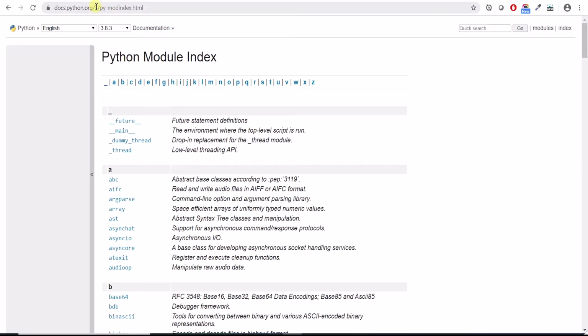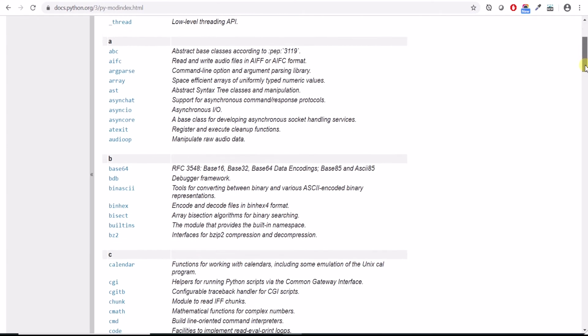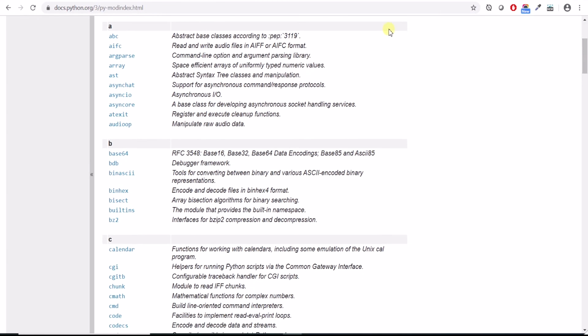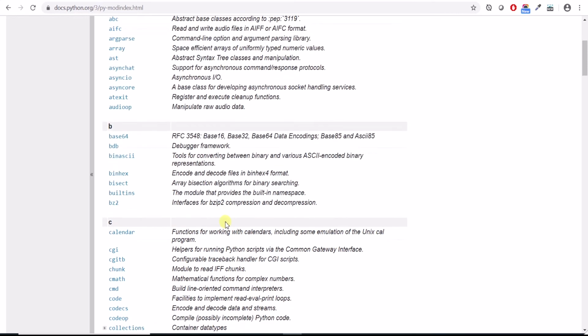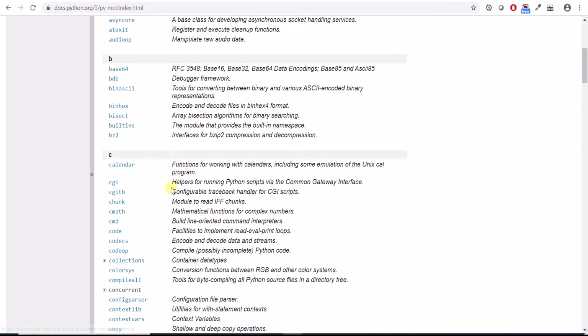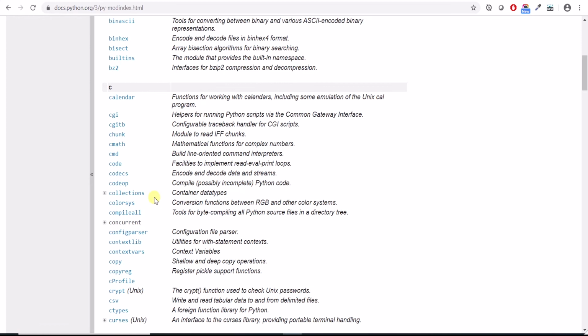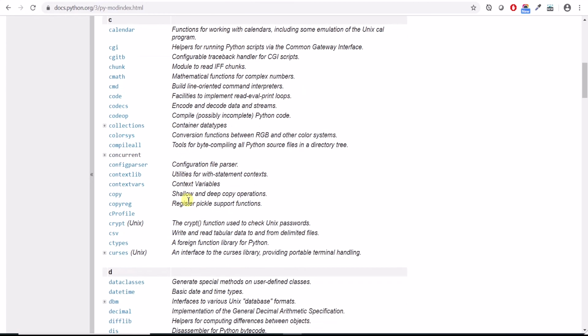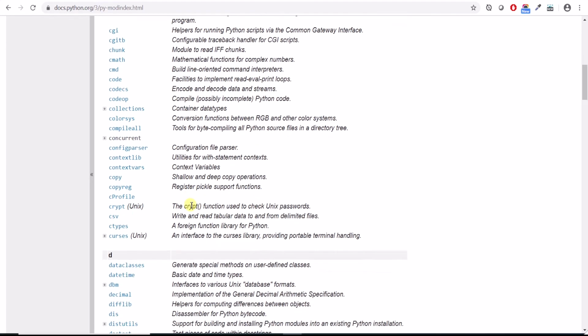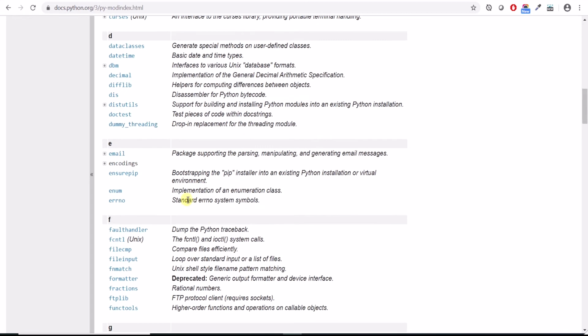This is for Python version 3. It contains all the methods which are available, really useful methods. You can go through these methods, like if you need calendar, or command line, or copy, every kind of method you will find here. Note down docs.python.org.